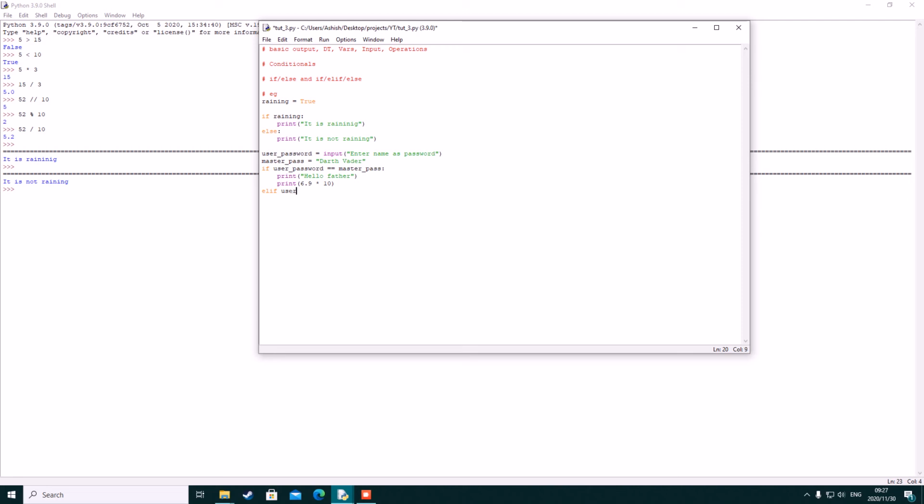And let's say if user password, this is what condition I'm checking for, is equal to user password, colon, then let's say print hello, and let's say user password again, and see what we get back. Leaving this block again, and let's say else print. Oh, by the way, the else statement does not check for a condition. It will run if all other conditions are false. So else print